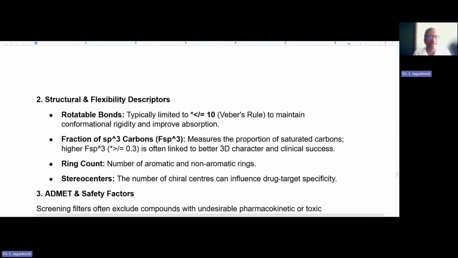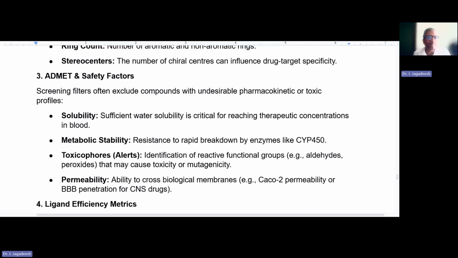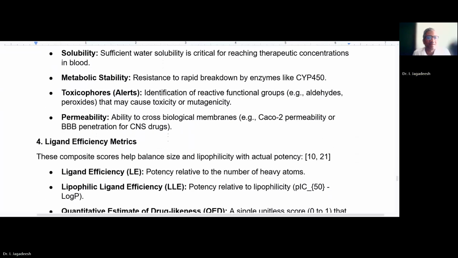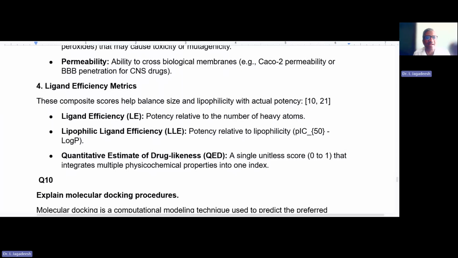Structural and flexibility descriptors: there the rotatable bonds, that is Weber's rule, and the fraction of sp3 carbons present, and ring count and stereo centers. ADMET and safety factors are also going to be seen, which include solubility, metabolic stability, toxicophores, and permeability. Ligand efficiency metrics which need to be considered are ligand efficiency, lipophilic ligand efficiency, and quantitative estimate